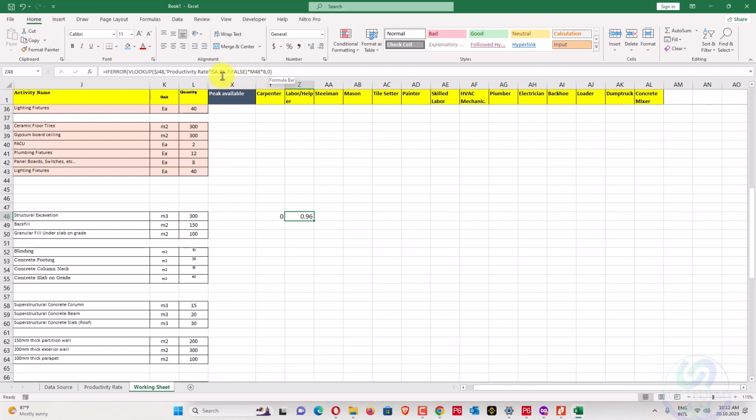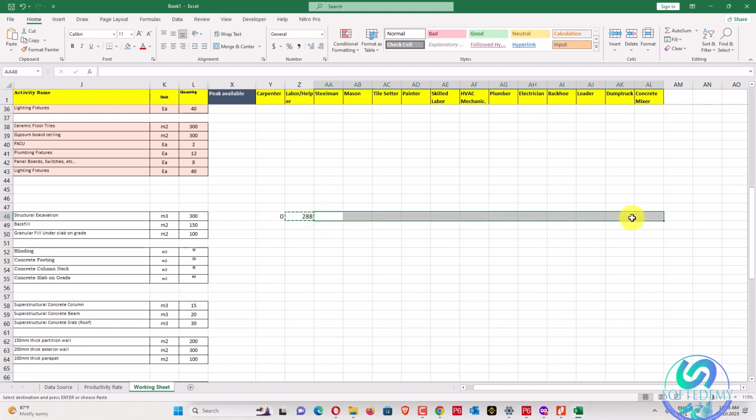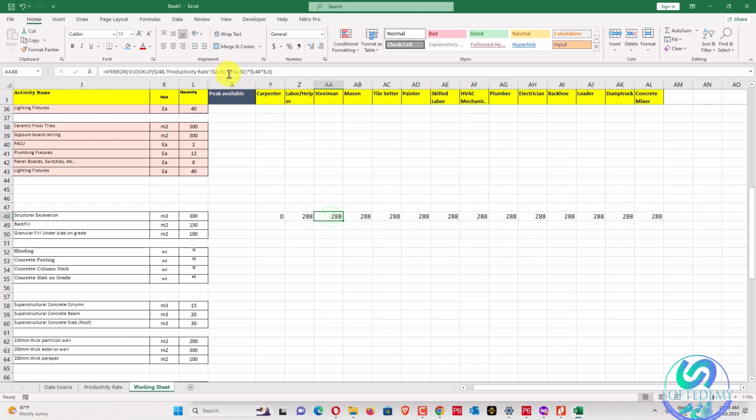A to S, cell number 7 has been taken from the productivity rate sheet, and now we're multiplying with L8. Okay, 288. So also we'll freeze that, L48. So we get answer 288.